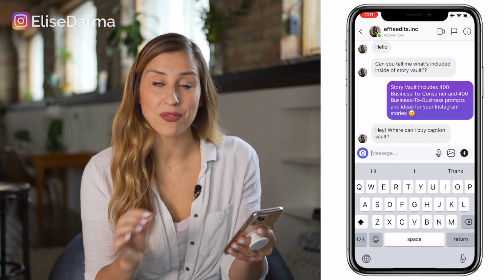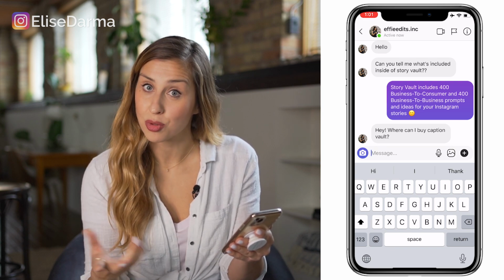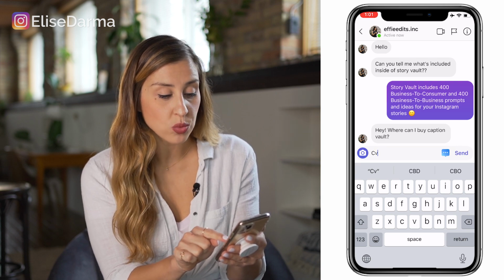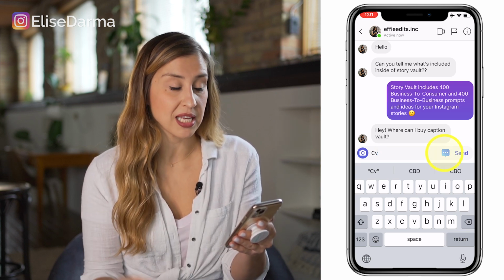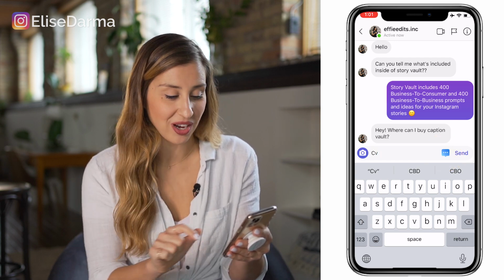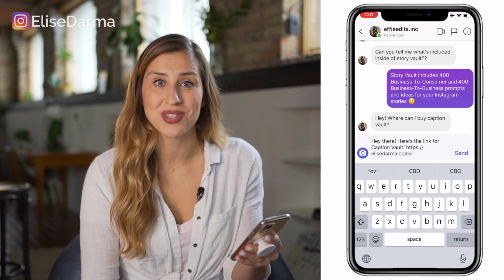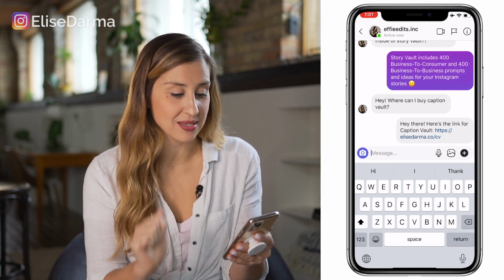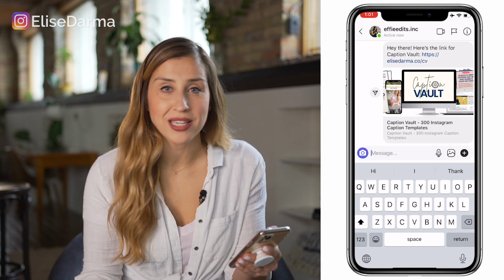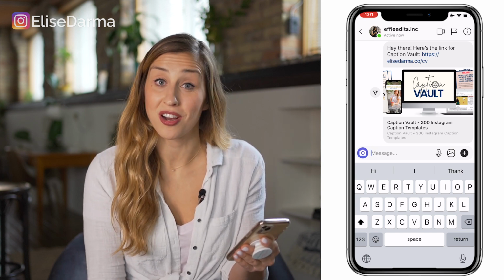Now, the other way of quickly adding in that message is to simply type in my shortcut. Remember that? So for this one, it's going to be CV. And you can see right next to the send button, there is a blue icon, that same chat bubble icon with the 3 dots. If I go ahead and tap that, voila, there's my message that has populated. So I'm going to go ahead and send that. So now, instead of retyping this message out and finding the link, just with 1 or 2 taps, I was able to send that message off to Effie.